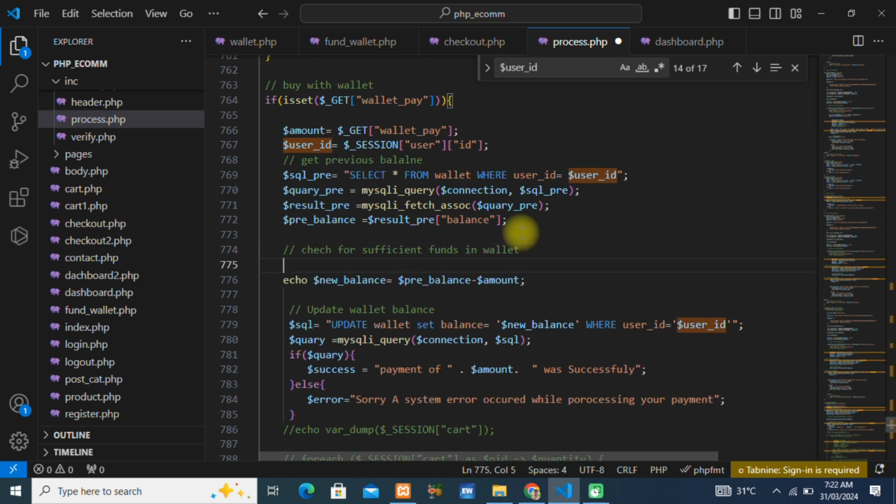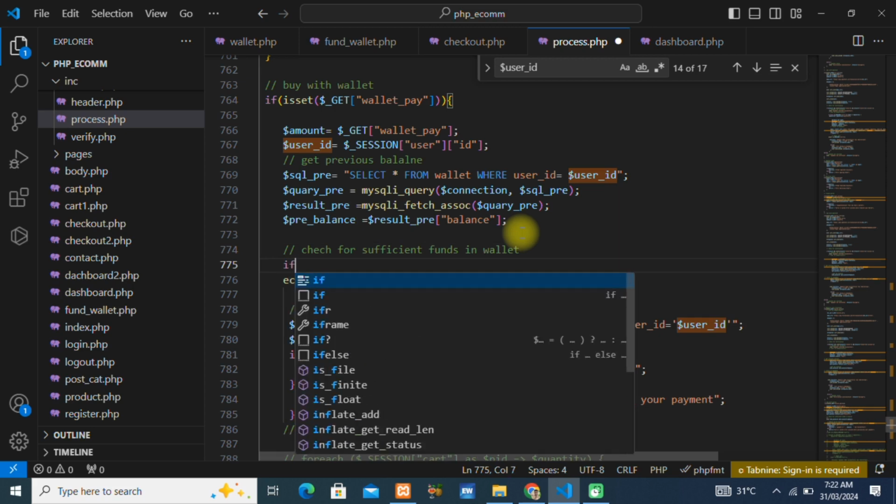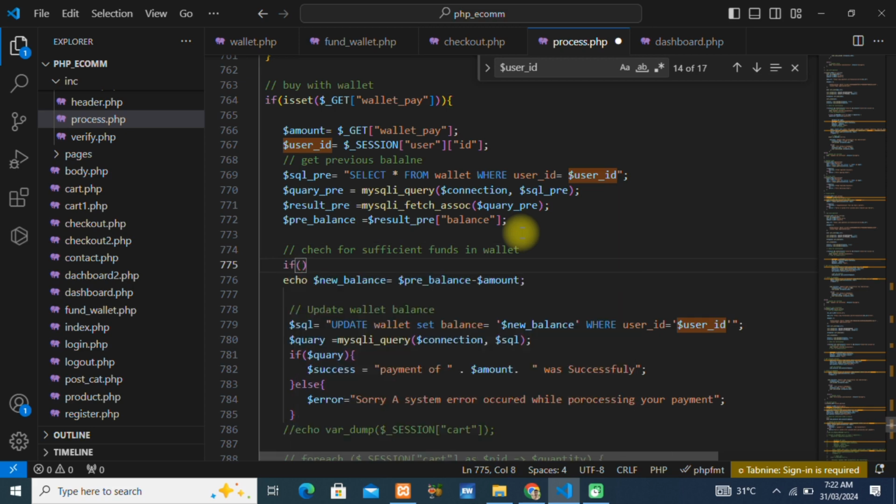To do that, we're going to use an if statement. We're going to say if this pre-balance is less than the amount, that's the amount we want to pay. If it's less than the amount,